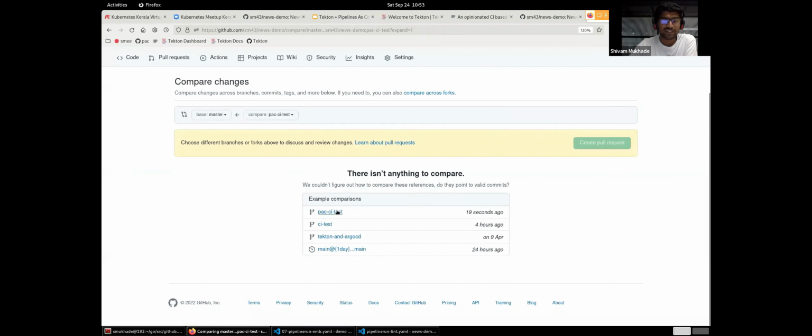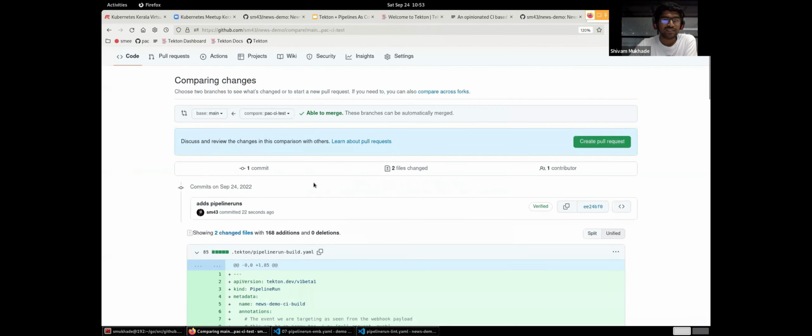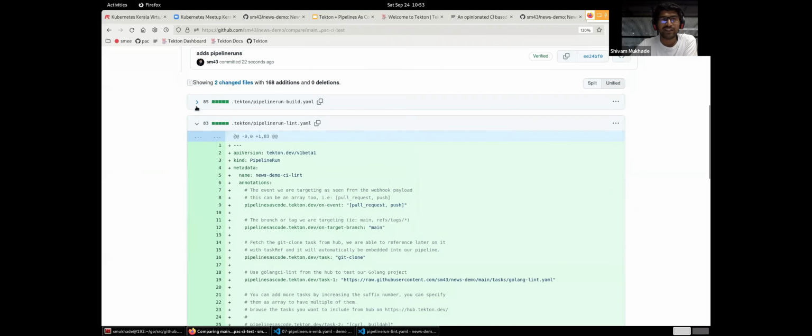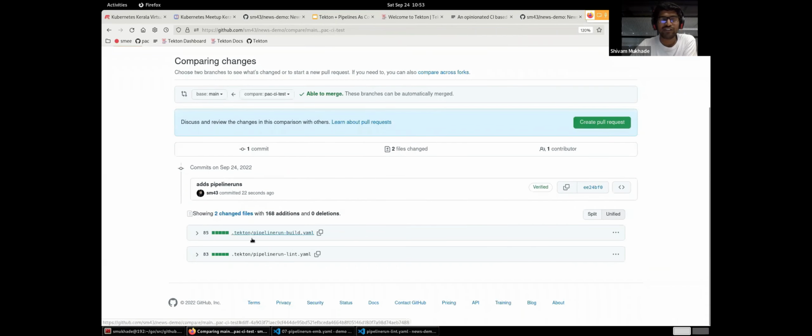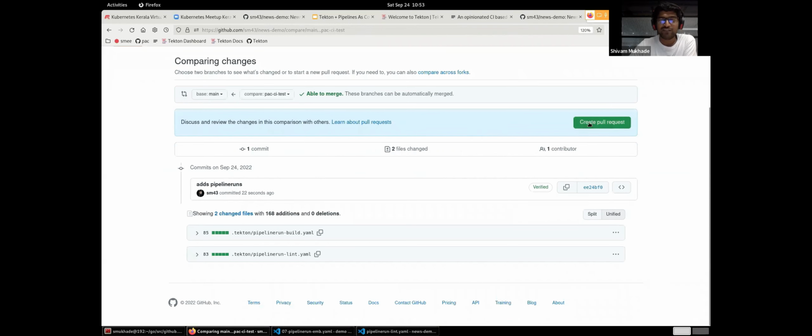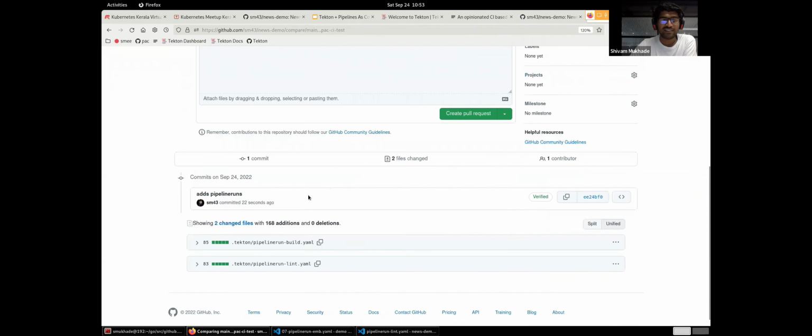Okay, if I select this branch, we can see we are creating a pull request from the pack CI test branch to our main branch, and there are two pipeline runs in the .tekton folder. We have already configured pipeline as code with this repo, which we will discuss a bit later. So if I start a pull request and say create a pull request,